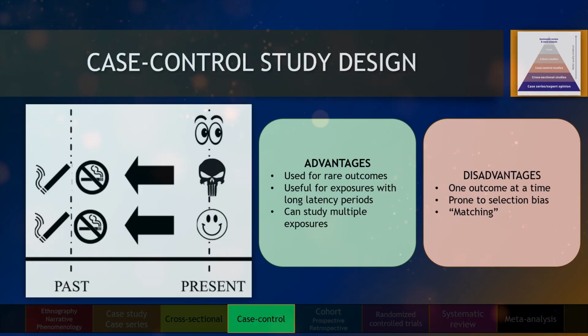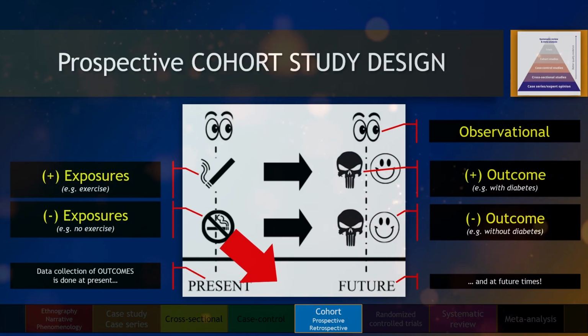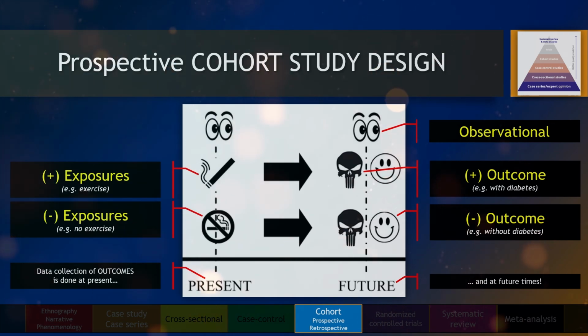Now, let's proceed to the third study design. Prospective cohort studies start at the present, then follow the cohort into the future to see if they develop the outcome. Follow-up data collection can occur once, but can also be done multiple times. Similar to case control studies, the element of time between exposure and outcome is a crucial characteristic of cohort studies. Again, exposures occur prior to outcomes.